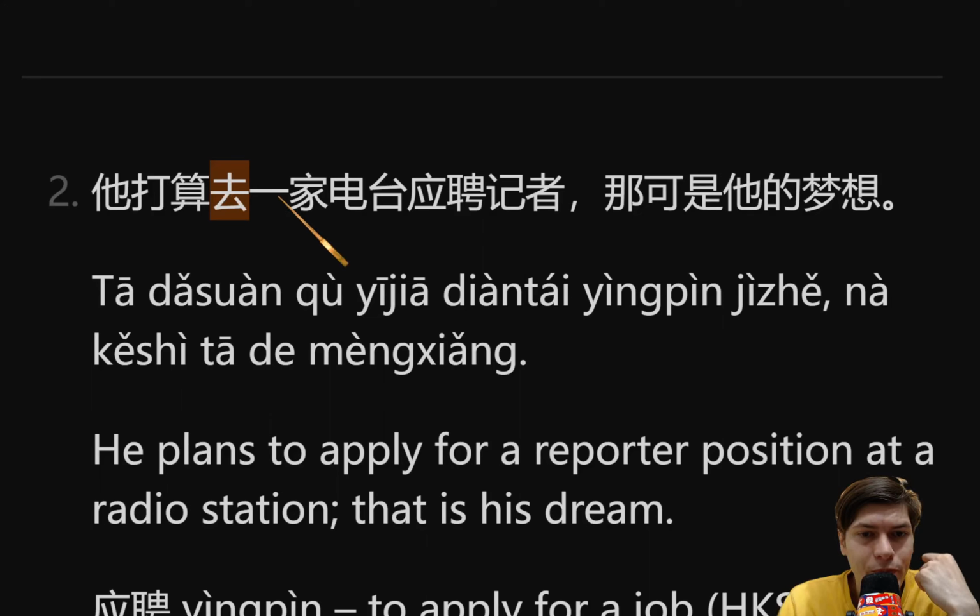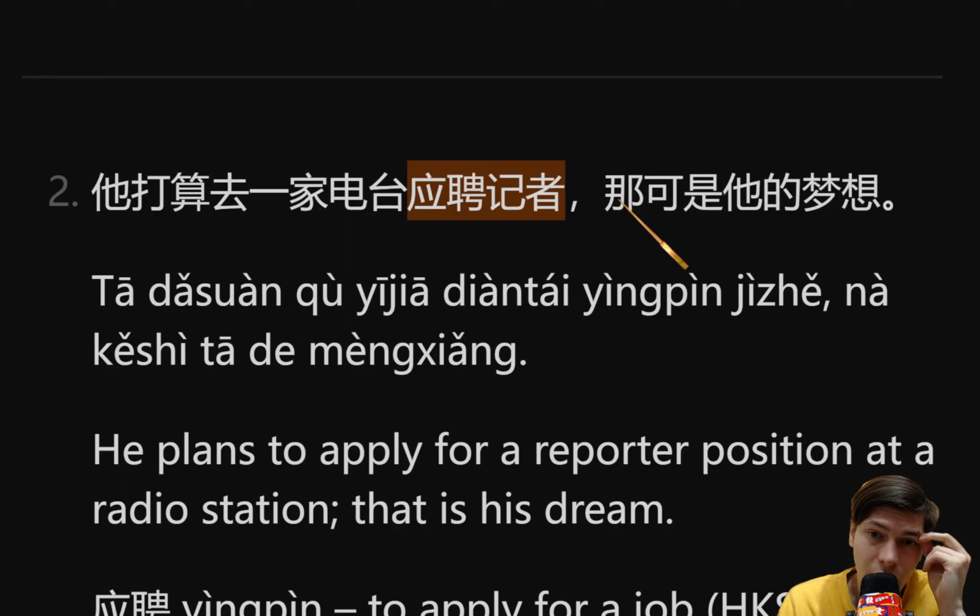To go to 一家, a measure word for radio station. 一家电台, go to a radio station. 应聘, to apply for, 记者, for the position of reporter. 应聘记者。